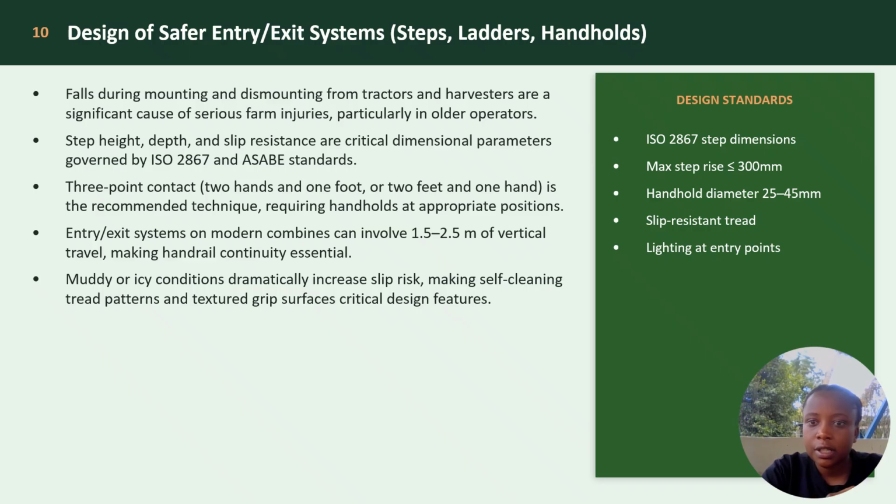Here there are some design standards. The first one, the International Standards Organization ISO 2867 step dimensions: max step rise less than or equal to 300 mm, handhold diameter between 25 and 45 mm, slip resistance tread rating at the entry